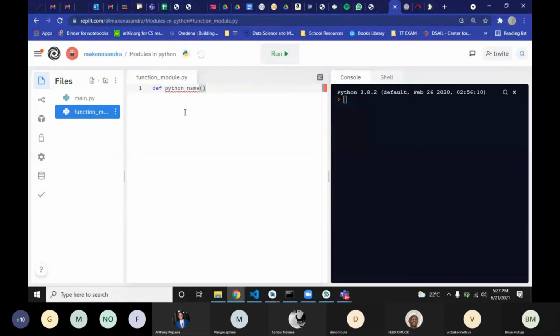When you're naming a function, ask: if someone looked at this function, would they know what it does? If yes, then you're on the right track. If no, then you might need to work a bit on the naming or give extra comments to explain. Maybe you can say, this function prints out